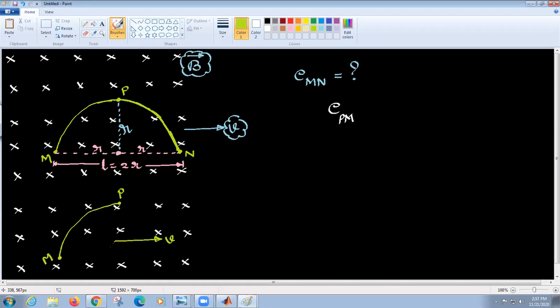Then what must I take here? Again I will take dx, dy. I am moving this one, right? So this part will contribute. This is R. So what is the EMF induced across PM?